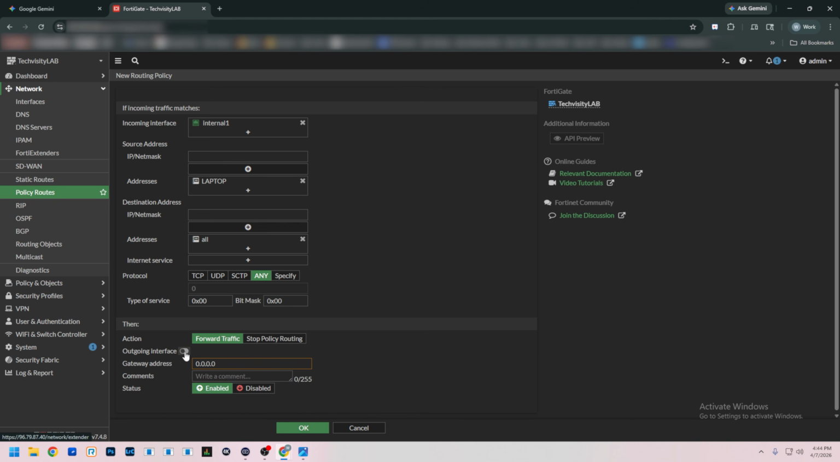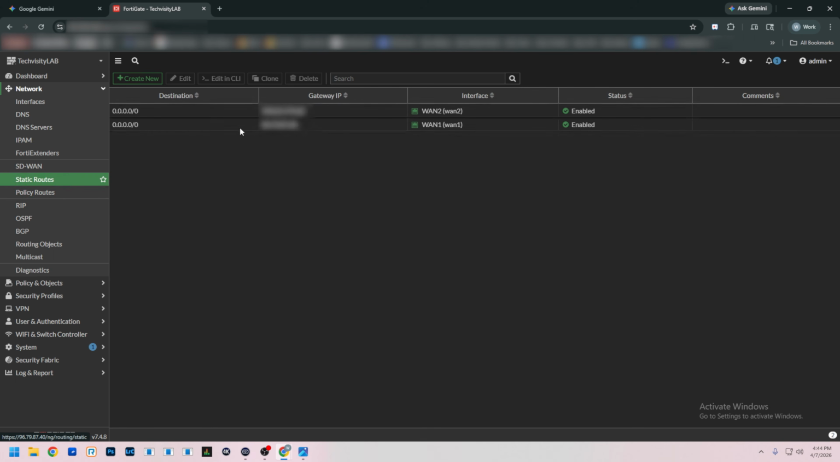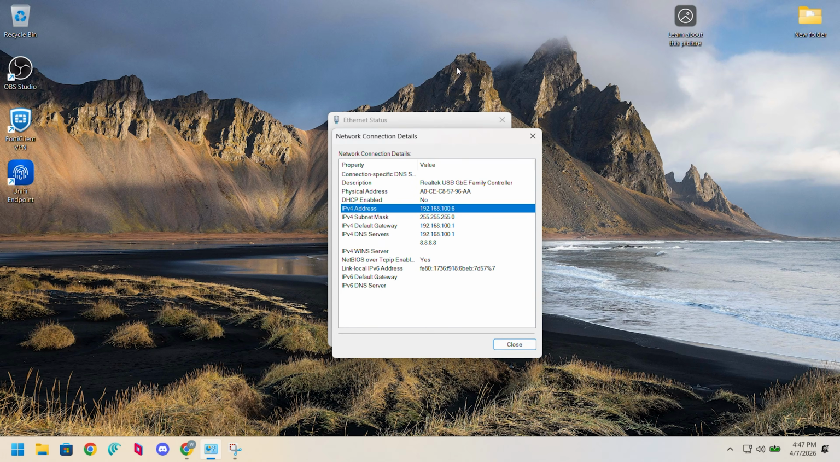And then going down to outgoing interface, let's set this to our WAN 2. And then we're going to paste in our WAN 2 gateway. Let's save that. And if you can't find it, you go to static routes and your WAN 2 gateway should be right here. So here on our laptop, you can see our LAN IP is the